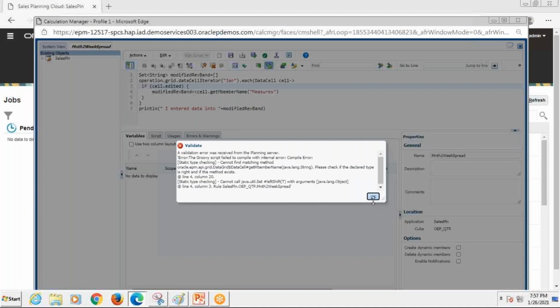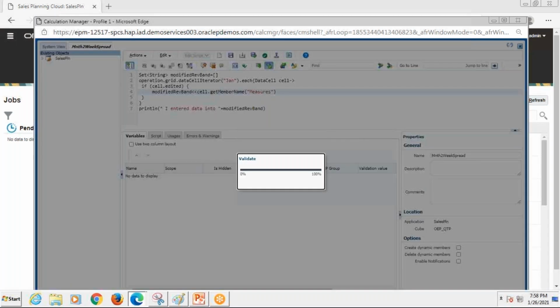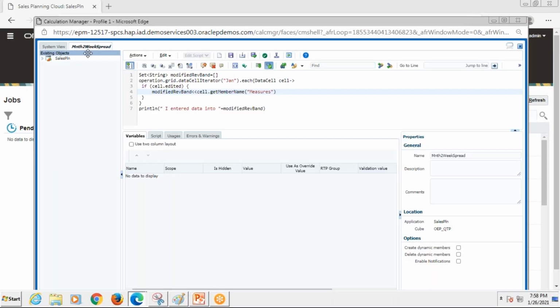Some more part, get member name, get member name. So this looks pretty good. And month MNTH 2-week spread, that's the name we have given.